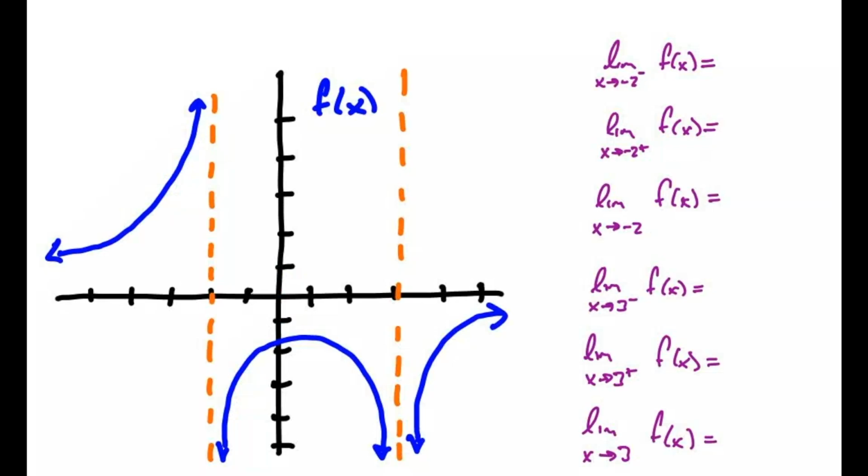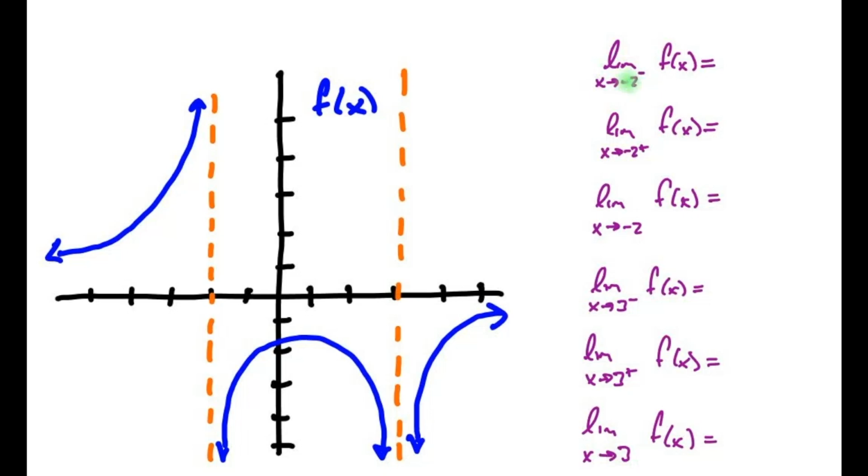To start off, let's take a look at this function we have drawn on the left. We'll call it f of x. It's got a couple vertical asymptotes in it. We can see one vertical asymptote over here at -2, and another one over here at +3. That's going to be our focus. We got a few questions over here on the right asking us what's happening around -2 and 3, and we'll